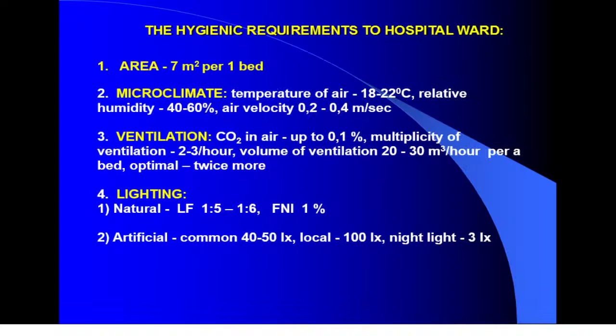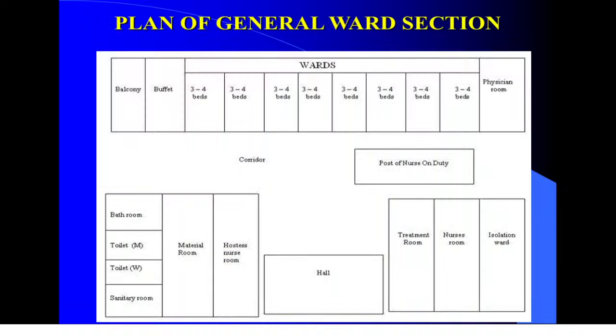Next question. We return to the ward section. Types of corridor. There may be different types of hospital corridors: one side corridor and two side. What does one side corridor mean? When all wards are on one side. It's in Simferopol, hospital number 6. All doors for the wards are on one side, and on the other side only windows. Such a type of hospital corridor construction is more optimal for good ventilation.